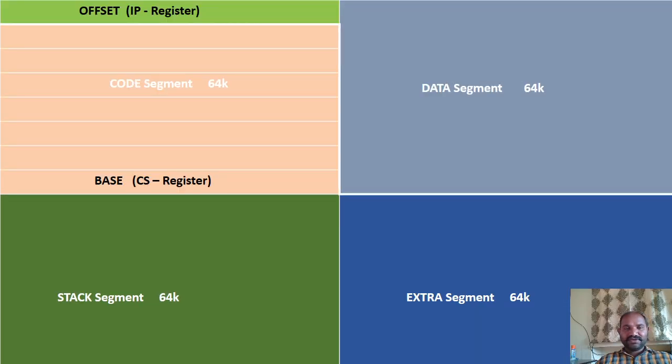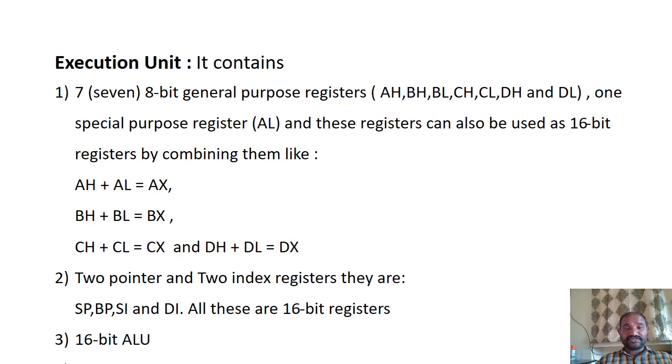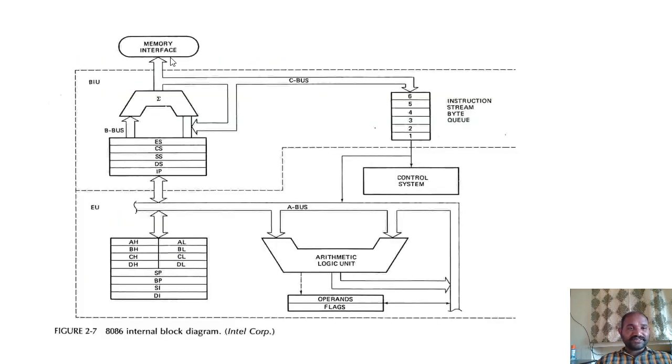So that is the internal architecture of the 8086 microprocessor. Whatever explanation we have seen just a few minutes back, 10003H, is a memory location available in the code segment. In order to access that, the microprocessor requires a 20-bit physical address. Calculating the 20-bit physical address is going to be done over here.